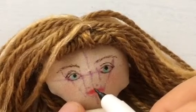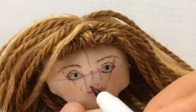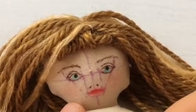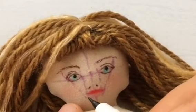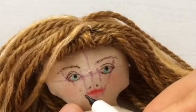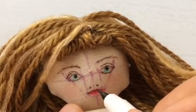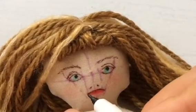Now let's pop in some nostrils. I think we need to go a little bit higher. There. Okay, and now I'm just going to outline the lips. So lips go up, you get a cupid's bow, you go down again, and then you have